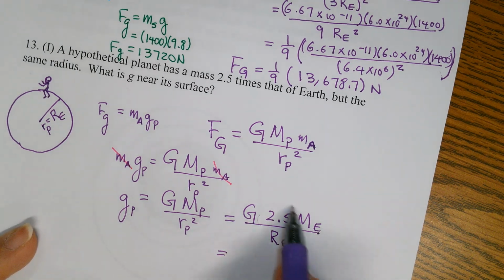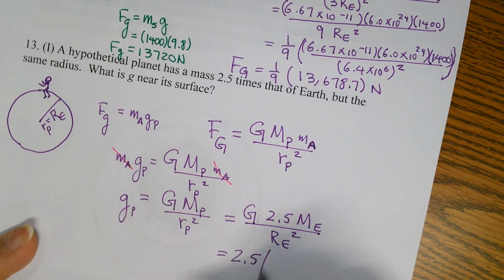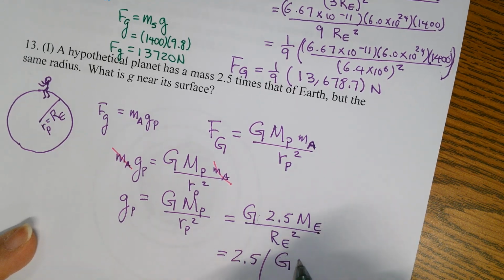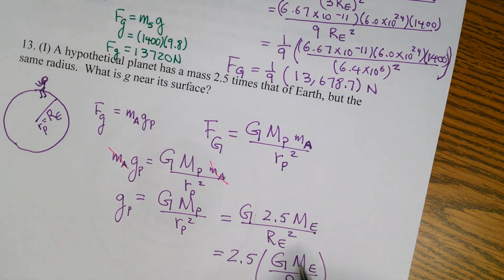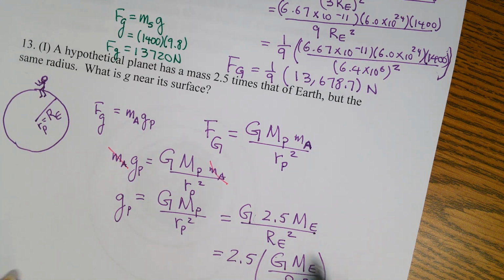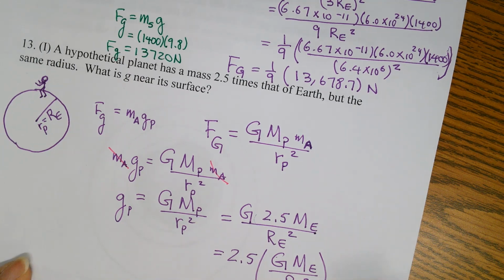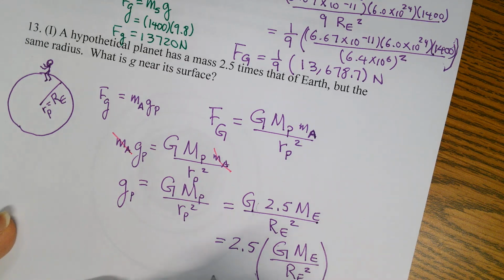So if I factor this 2.5 out, and then G times the mass of the Earth divided by the radius of the Earth squared, what do you think this is? Well, let's figure it out if you don't know what it is. Here it is. So 2.5 times